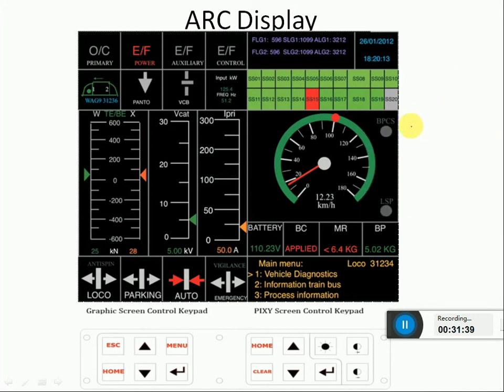So you can see directly here, for the TB we are applying and we are getting OHE, from which cab we are working, Panto position and VCB positions, status of subsystems. Directly we can see